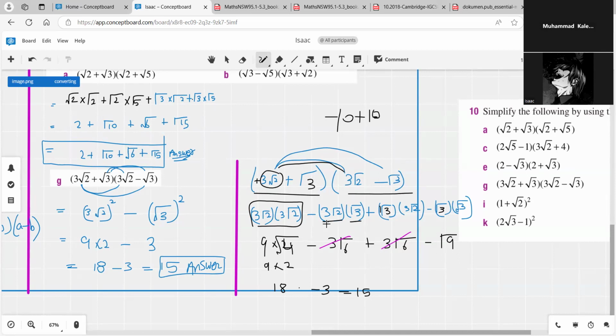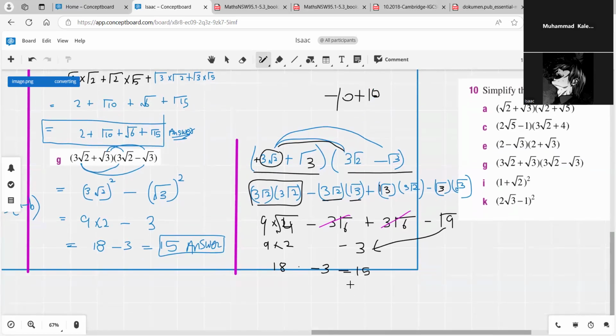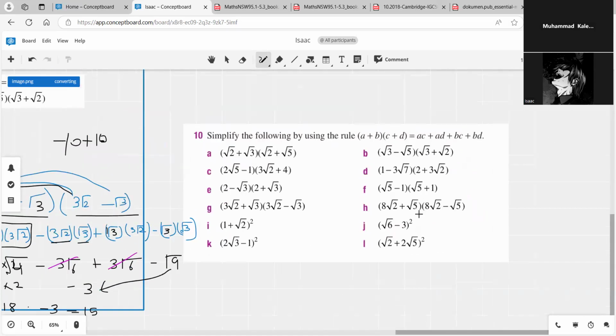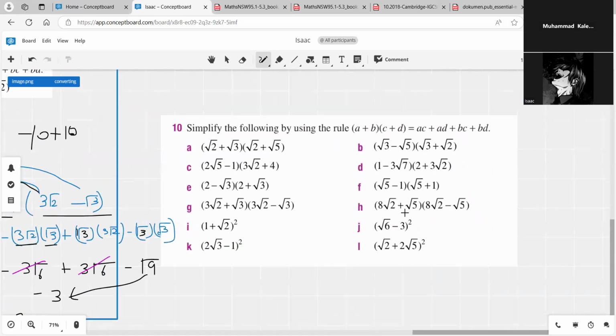So same thing we have here, we have the same things but with opposite signs, so they cancel out each other, and this one will be reduced to negative 3. Why negative 3? Because root 9 is 3. Got it? Okay, if you want to practice one more question of this kind, you can solve each part, but